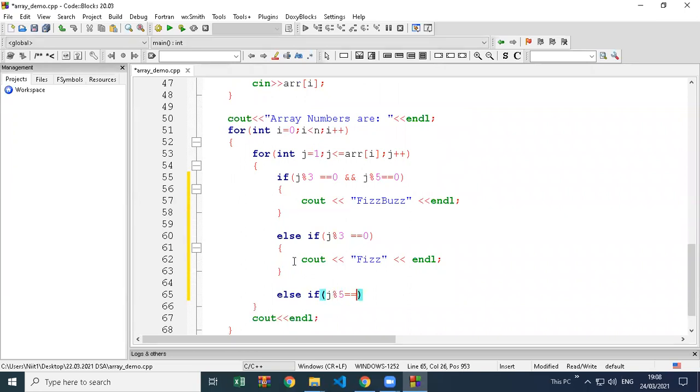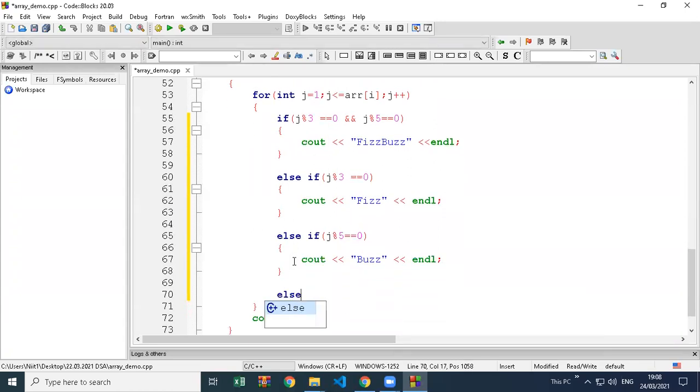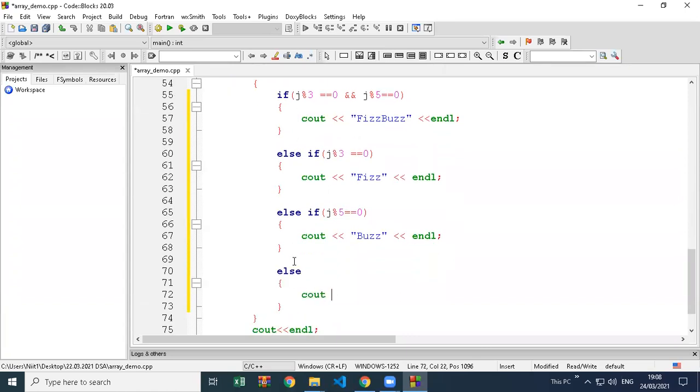If the number is divisible by 5, print buzz. And if no condition is satisfied, this is also important, if it's not divisible by 5 and 3, finally we'll just display that number as it is.